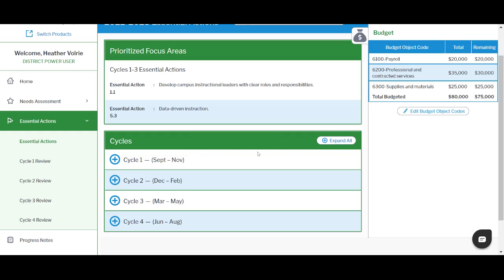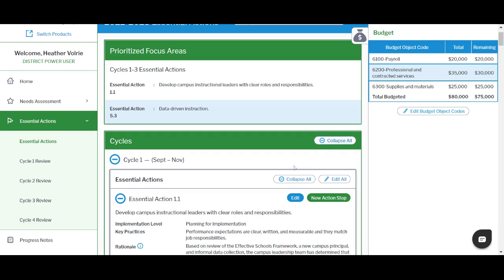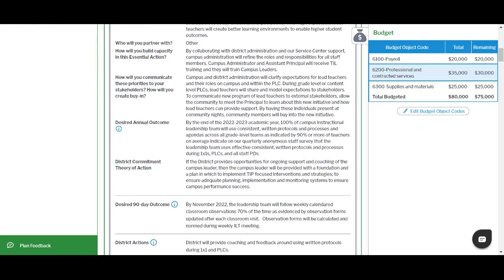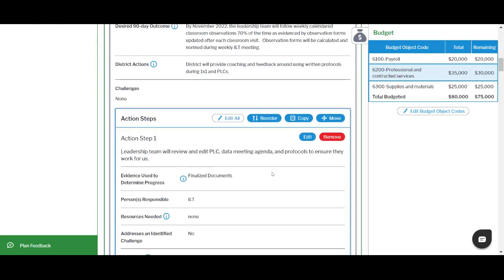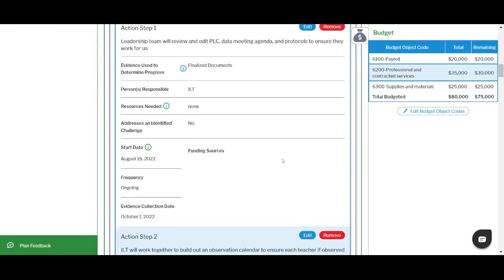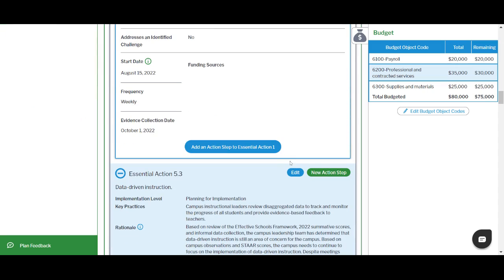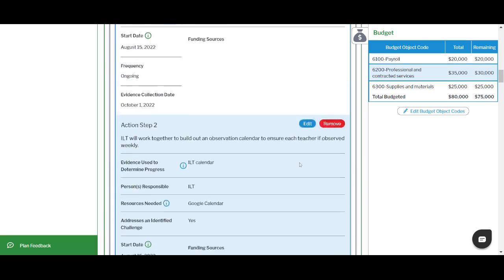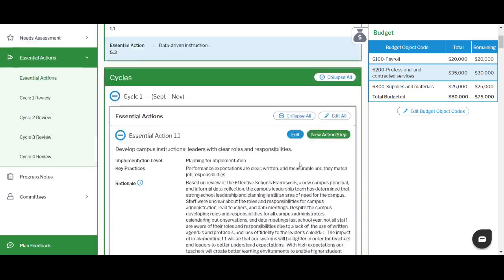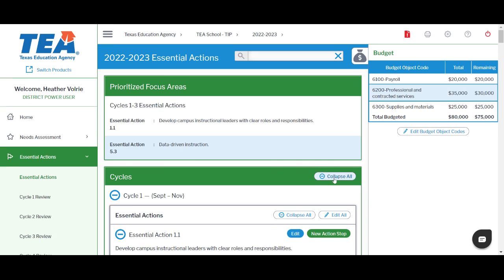You have the option to use here in the upper right-hand corner adjacent to the word cycles in the green banner, expand all, where you can expand all of your cycles. Scrolling down, you will identify that all of your cycles, including their action steps, have been expanded if you choose to click expand all. Scrolling up now, back to where we began, I will click the white button for collapse